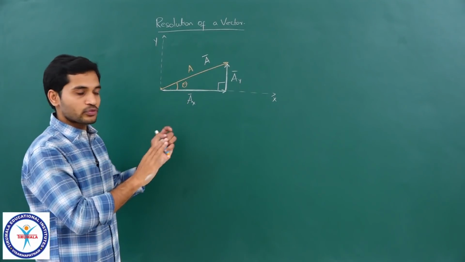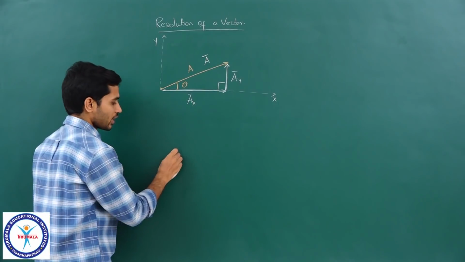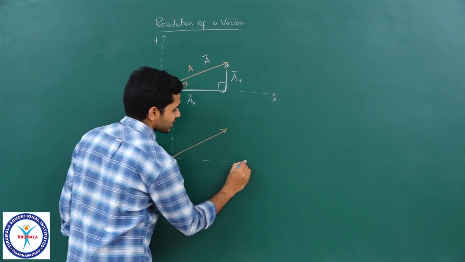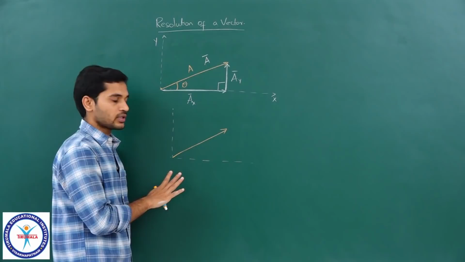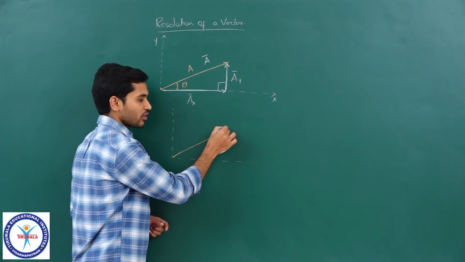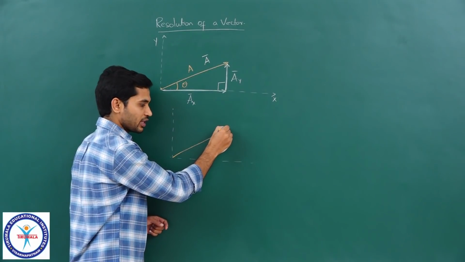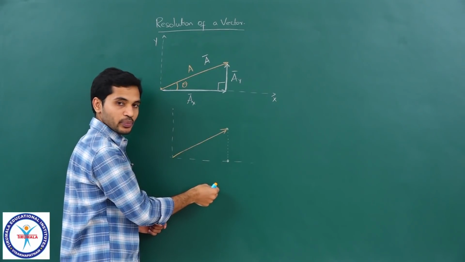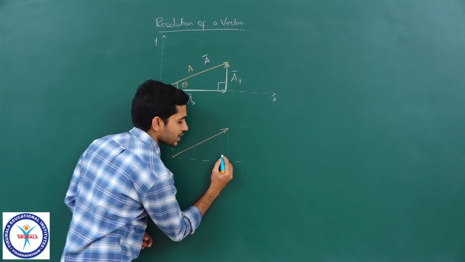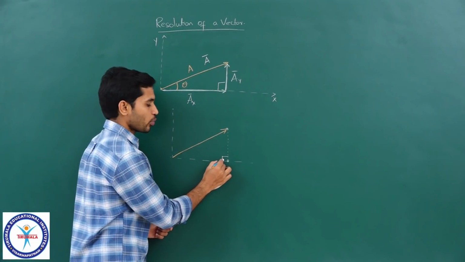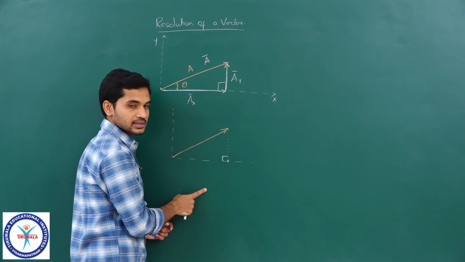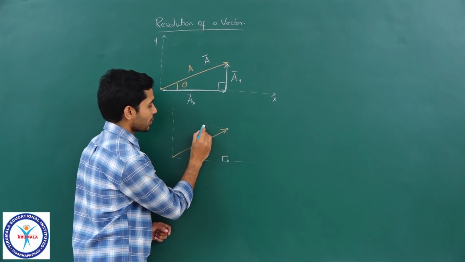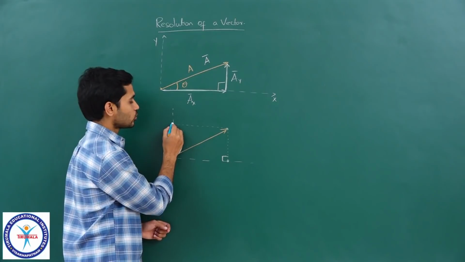If you have to understand how to break it down into components, let me draw a diagram once again. See, the idea is pretty simple. First, take the two perpendicular directions along which you have to resolve, clear, and then all you need to do is from the tip of this vector drop a perpendicular onto one of the axis. Dropping a perpendicular means drawing a line which makes an angle of 90 degrees. So, I will drop a perpendicular in this manner onto one of the axis, clear. I will drop another perpendicular onto the other axis as well. So, I got 2 points.